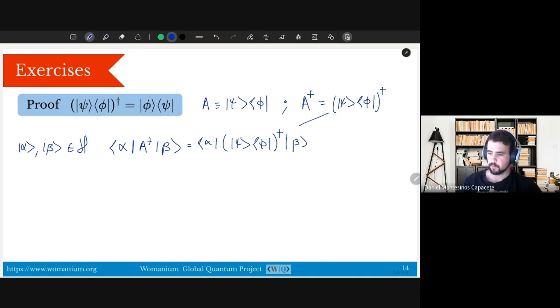I just have to write this here. Yes, this is just this, and in here I'm going to use the definition of a triangle, and the definition will give me that this is the same as